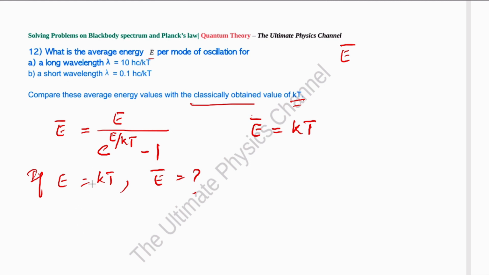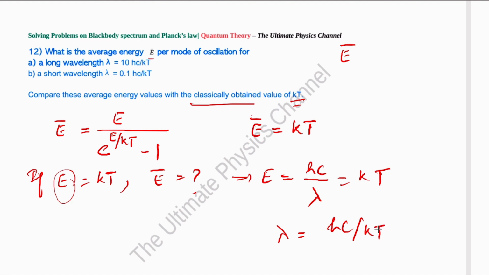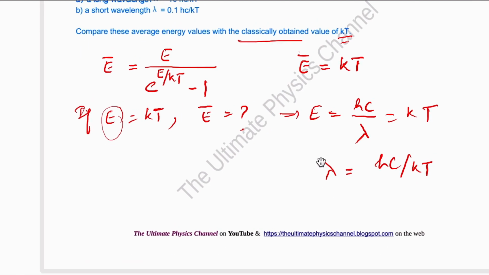That is not part of this question, but just to get an idea, because here all this is in terms of wavelength, which we will convert to frequency, energy actually. Equivalent energies we will see. So let me directly take energy here. If E is equal to kT, we know that E is equal to hc by lambda, and we are taking that to be equal to kT. Therefore, lambda is hc over kT. If lambda is equal to hc over kT,